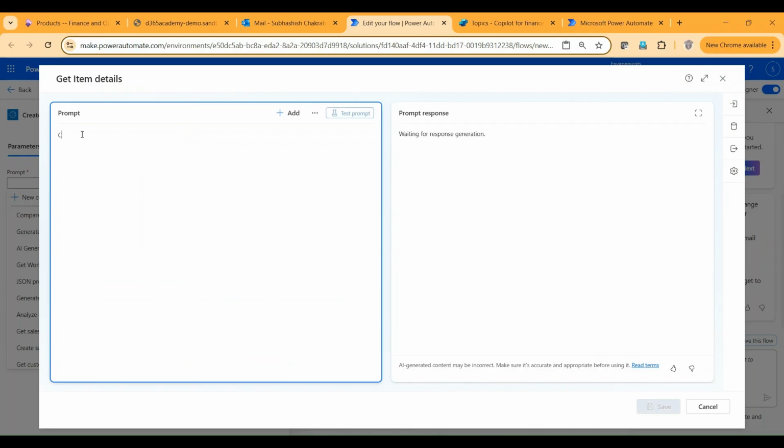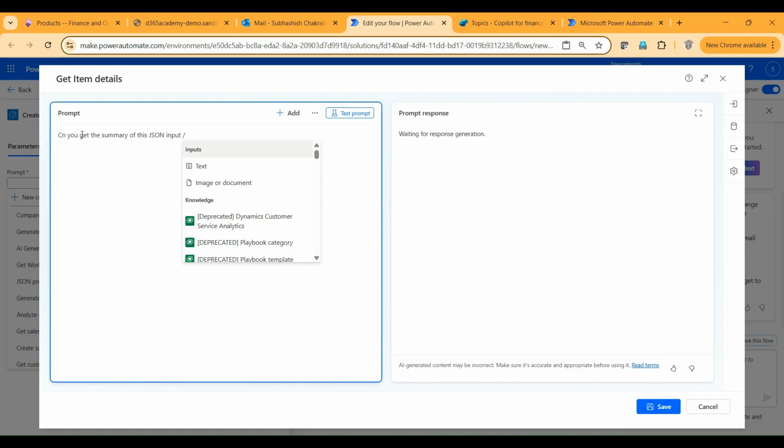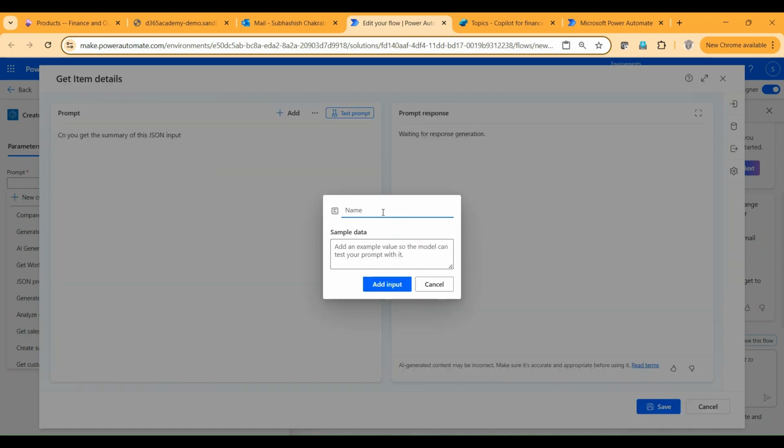And here I'm going to give instructions to this prompt. So I'm saying, can you get the summary of this JSON input? And then I'm typing a slash like this. If I type a slash, I am prompted with text, image or document, so I can define my variable here. I'm selecting the first option, text, and I'm giving this variable the name JSON input. And in the sample data,